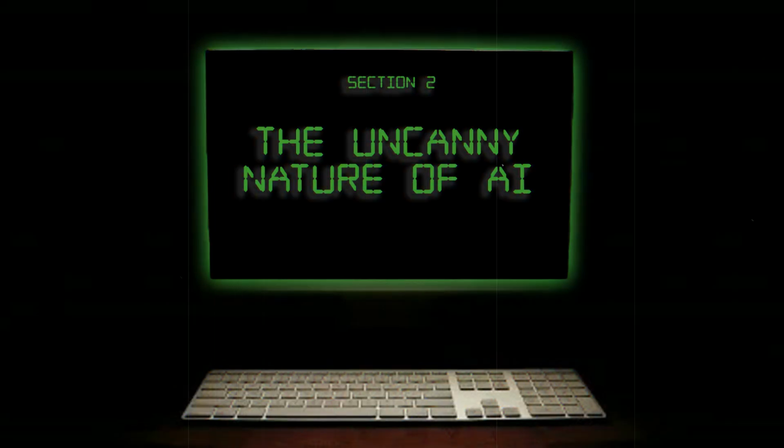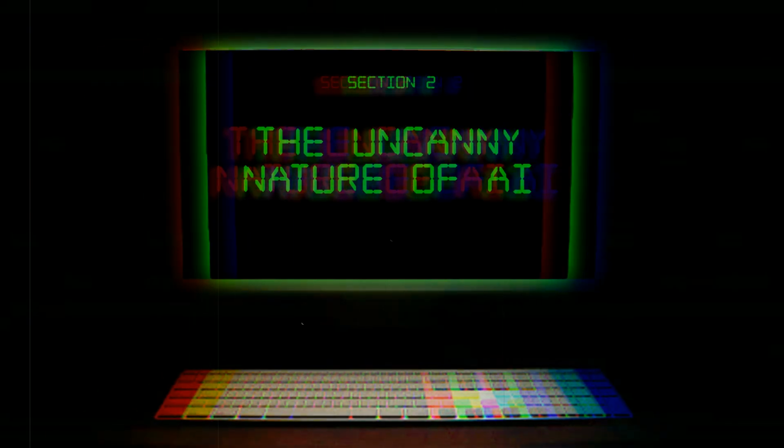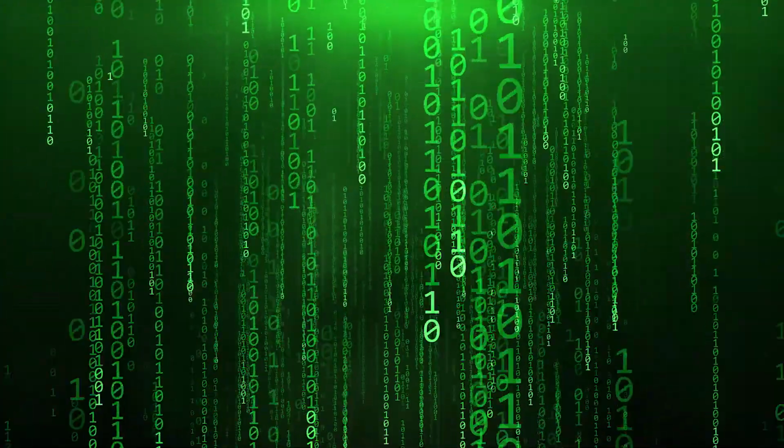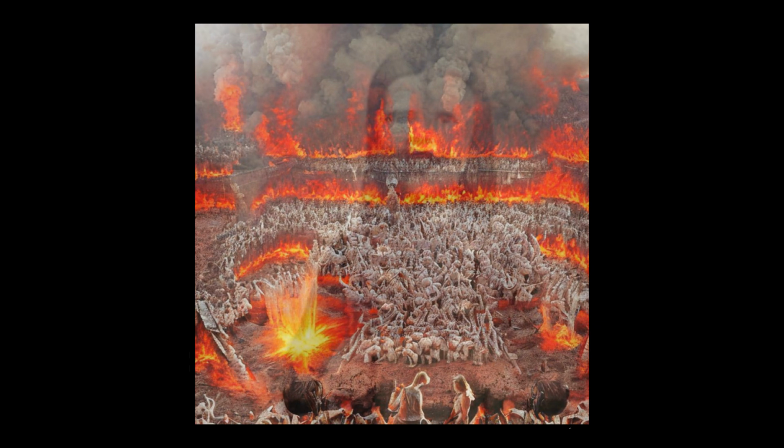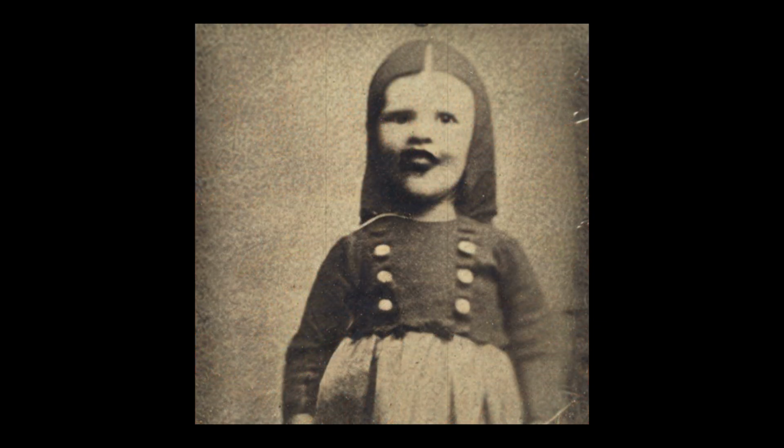The uncanny nature of AI art. To further understand why AI art is so eerie and uncanny, I conducted a few experiments of my own. I wanted to see how these algorithms interpret inherently disturbing concepts, so I typed in keywords like "what does hell look like?", "show me the most disturbing picture you can imagine", and "nightmare fuel". The results were, to say the least, unsettling. The images produced by these prompts were a mixture of grotesque and surreal, from twisted, almost human-like figures to nightmarish landscapes.